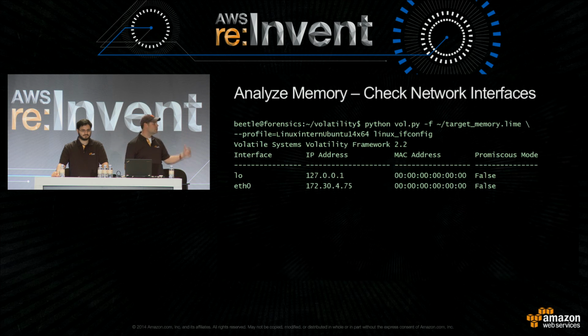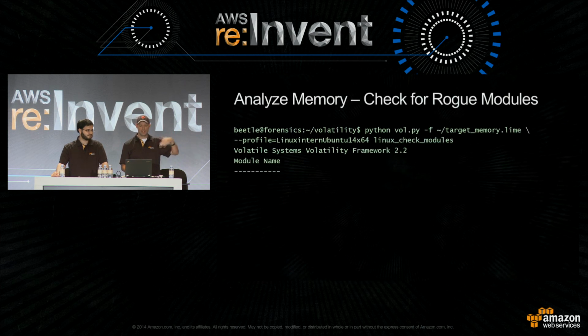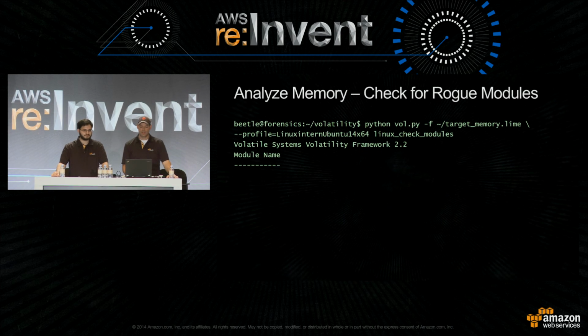There are other things that we can do with memory analysis, such as looking at interfaces and the IP addresses associated with those. Again, we're doing this all off of the instance. We're doing all of this investigation separate from interaction with the instance. The minimal interaction that we had was to actually grab the memory, extract it, and get it back to a good place that we can actually inspect it.